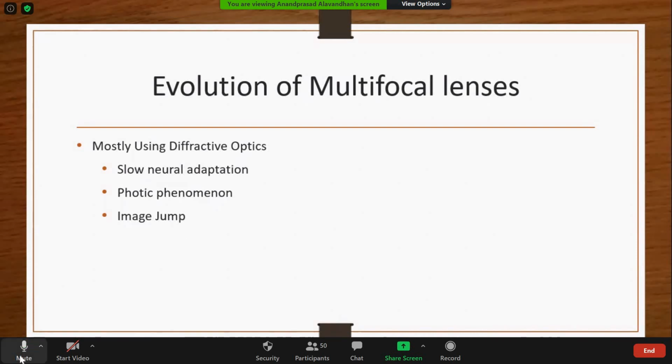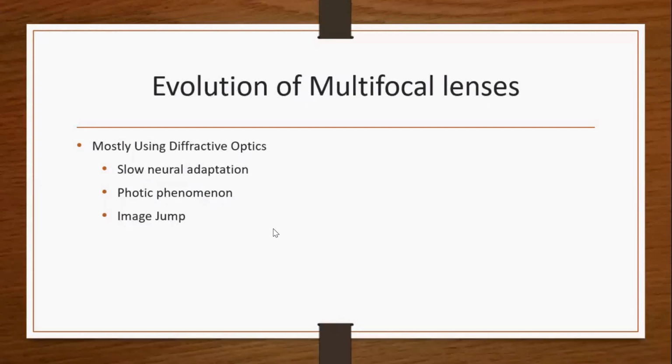Yeah, fine. So now, since nowadays many patients and many doctors are moving on to multifocal lenses, I'm just giving an idea about how multifocal lenses are evolving. Many of the multifocal lenses use diffractive optics. If you take the multifocal lens, the optic will have a lot of rings. Since there are a lot of rings, the bending of light will be more. So patients started complaining of photic phenomena, which are nothing but glare and halos.